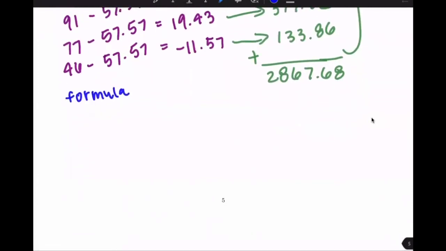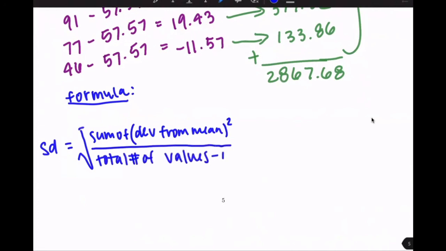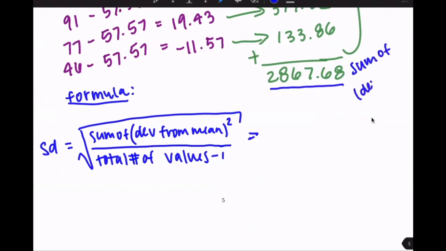So the formula is standard deviation is equal to the square root of the sum of the deviations from the mean squared divided by total number of values minus 1. So remember that this number we find here is the sum of deviations from mean squared. That's that number. So that means we get